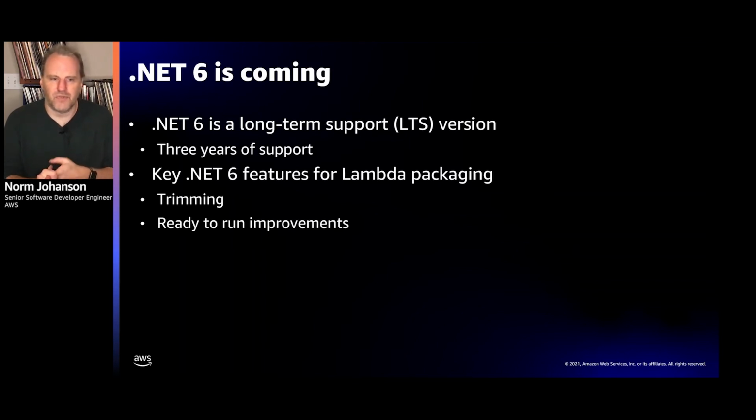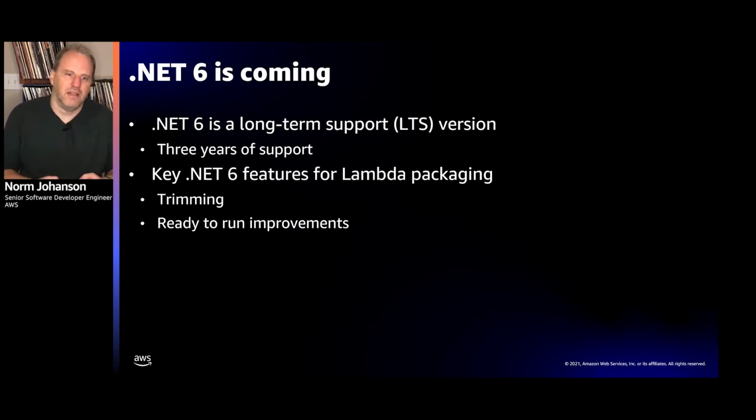The other feature to look into is the improvements to Ready to Run. Now, Ready to Run has actually been around for a few releases of .NET. But with Ready to Run, they made it so you could actually cross-compile your applications. What this means is, normally when you build your .NET assemblies, it compiles into a machine-agnostic instruction set, IL they call it. And then at runtime, your application is loaded up, and that IL is converted into the native instruction set for whatever happens to be the compute environment you're running in.